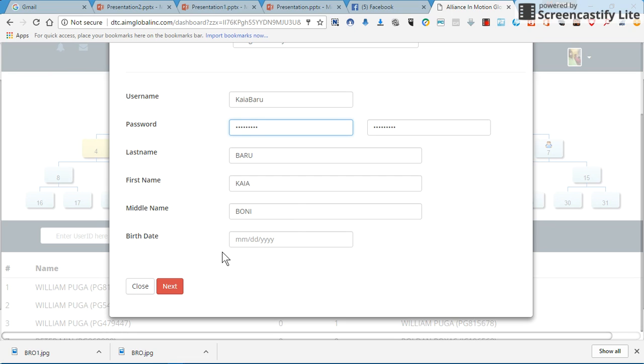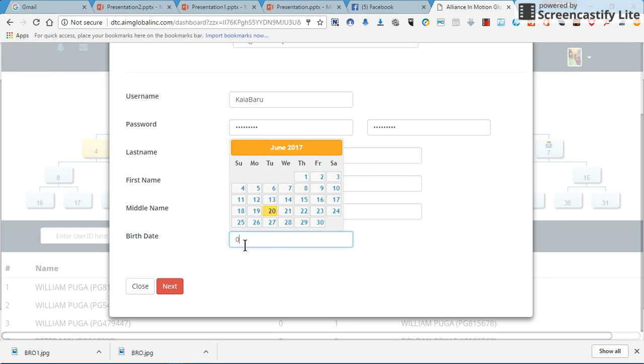Then birth date, month, date, and year. Month is 5, date is 4, then 1994.